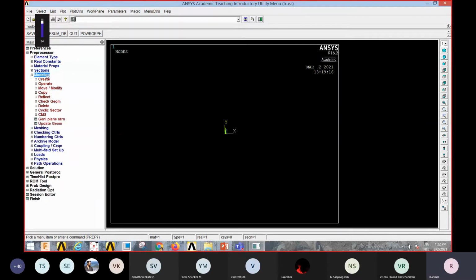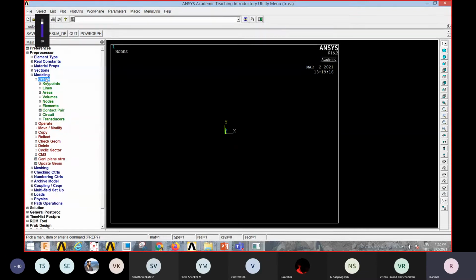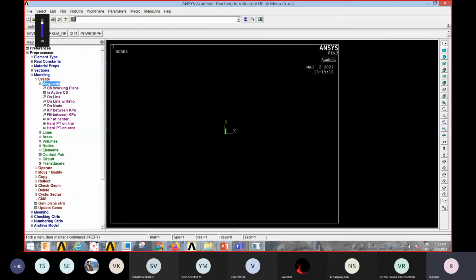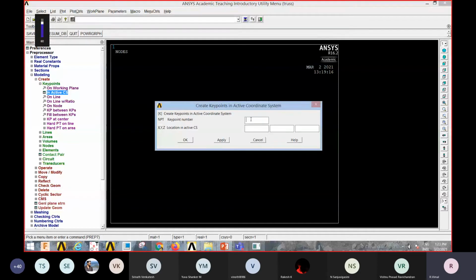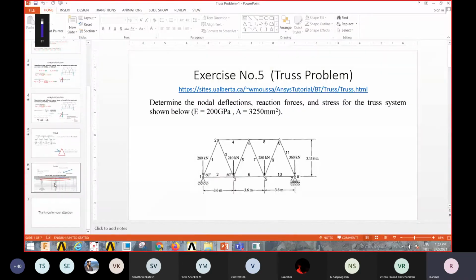Click on modeling. In the modeling, you have to click on create. There you have to click on key points. You remember we have generated the key points in the PowerPoint. So all the key points we need to feed in here. So click on In Active CS. The coordinate system will open. If you go to the PowerPoint, you have this information.